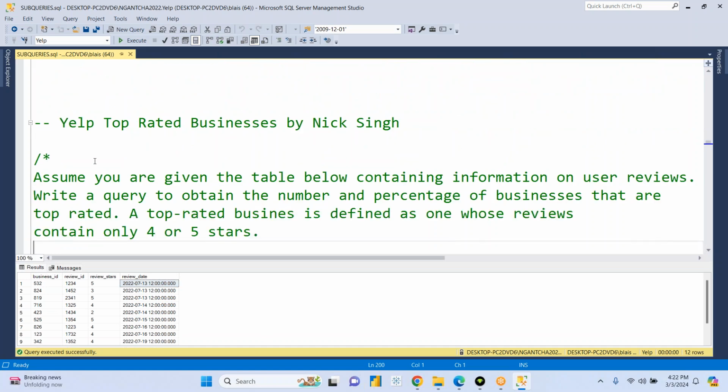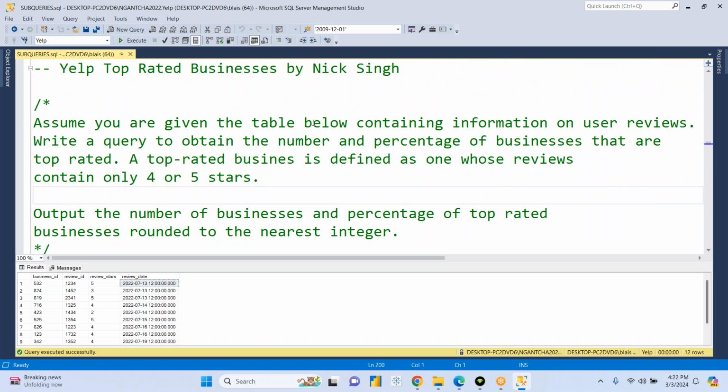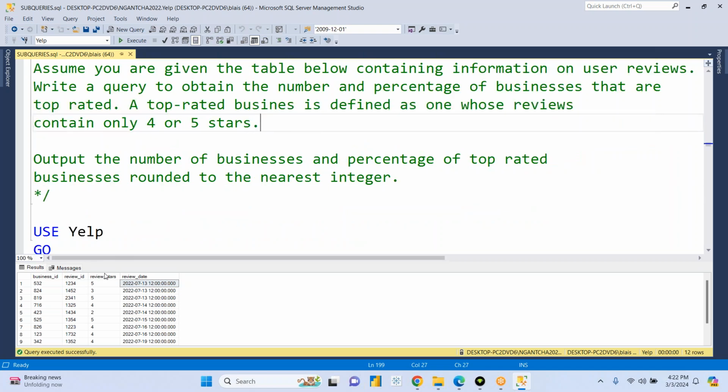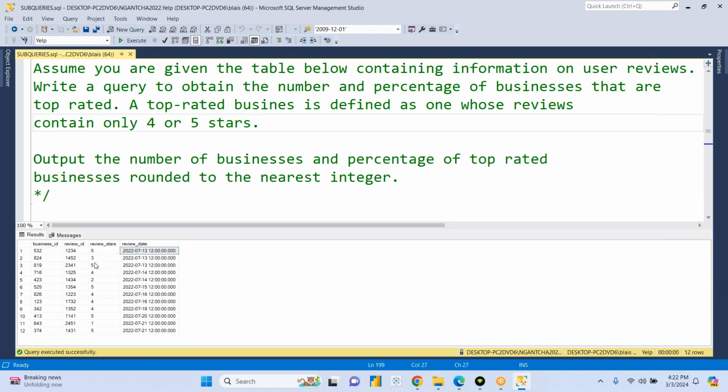Now let's go and read the question and see if we can make sense out of it. Assume you are given the table below containing information on user reviews. That's the reviews table. Write a query to obtain the number and percentage of businesses that are top rated. It goes further to say a top rated business is defined as one whose reviews contain only 4 or 5 stars. So for you to be a top rated business, your company should be reviewed and obtain a 5